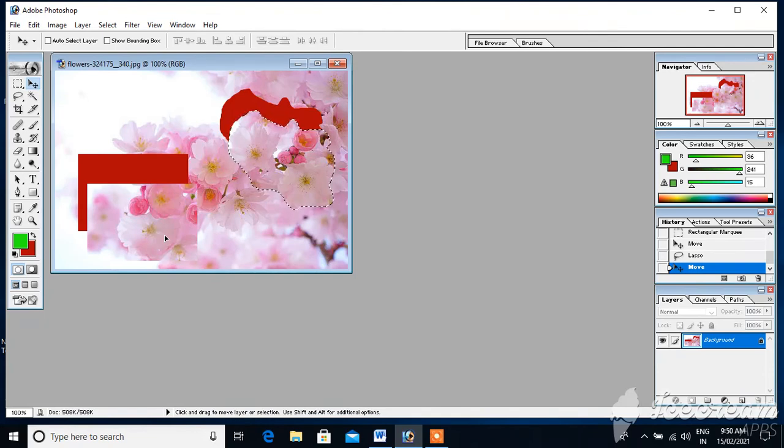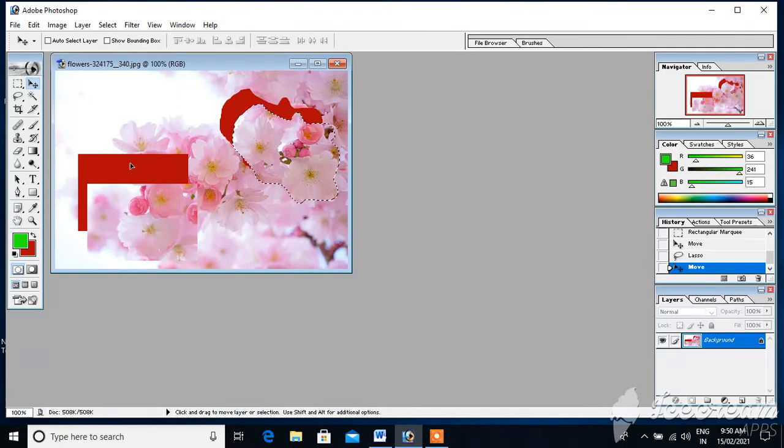The rectangular marquee tool cuts the area of the image into a rectangular shape, and the lasso tool cuts the area of the original image, but you can cut that area in any shape. See, here there is no particular shape, but here the shape is rectangular. So this is the difference between the lasso tool and the rectangular marquee tool.